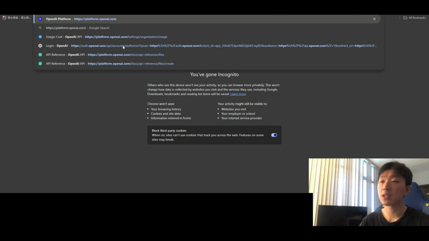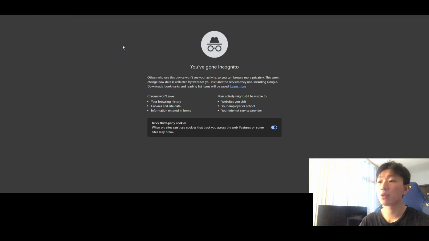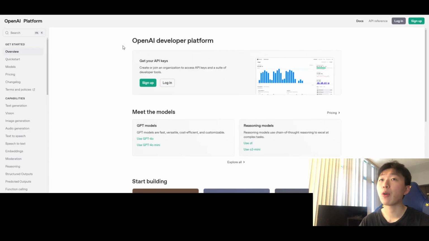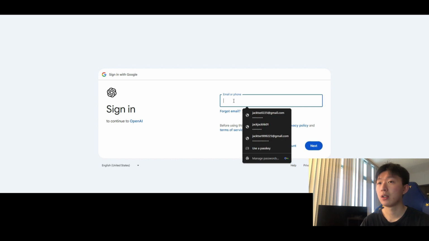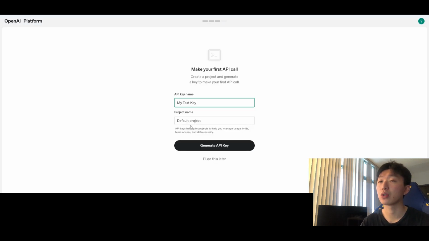And then now we will set up the OpenAI API key. We go to OpenAI. I will have the link in the description as well. You go to sign up, create your account. So in here I'm using Google to log in. So once you have done all the login, then you will find this API call,